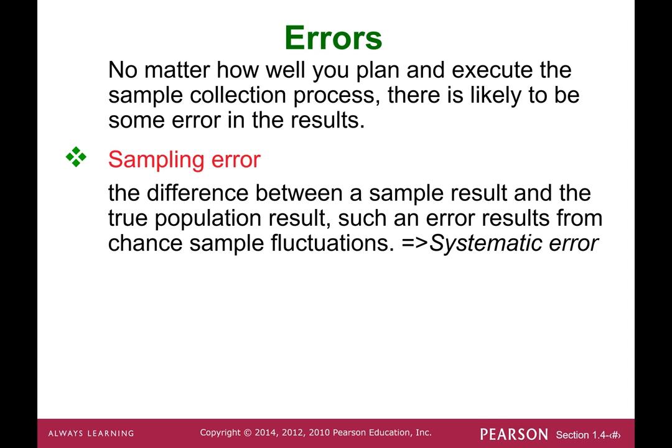And anytime you conduct a research study using a sample, there's always an error involved here. No matter how well you plan and execute the sampling collection process, there's likely to be some error in the results. The first error comes from the sampling error, and this is also the systematic error, meaning you cannot avoid it, right? Non-avoidable